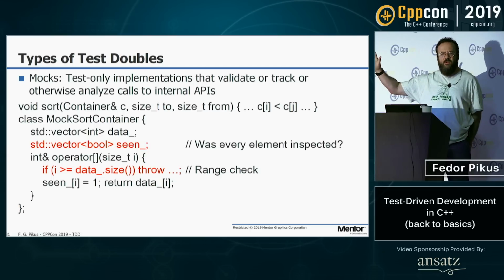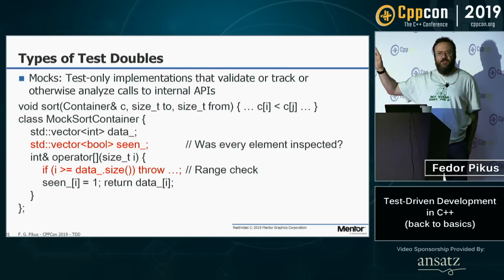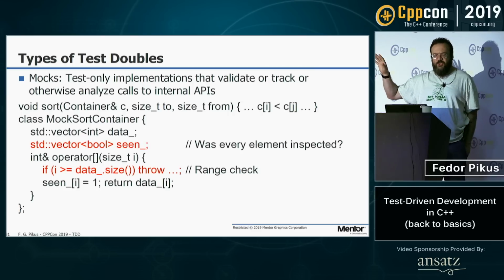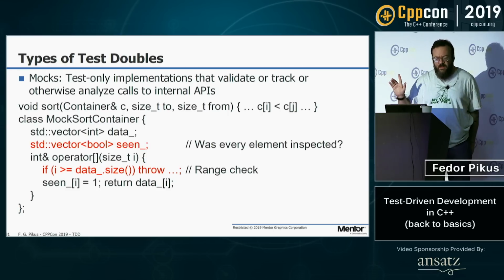So here is my sort, that's my insertion sort. With the insertion sort, I get that container. I can test, for example, for an out-of-bound indexing. I can give it a special container. I can use debug.stl. I can give it a special container that I instrumented to test for out-of-bound access, but I can do other things. For example, I can check that every element was inspected.